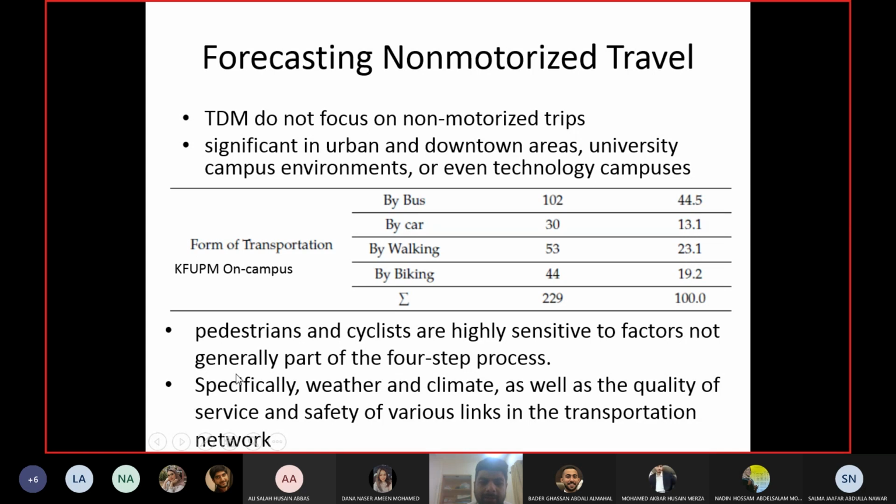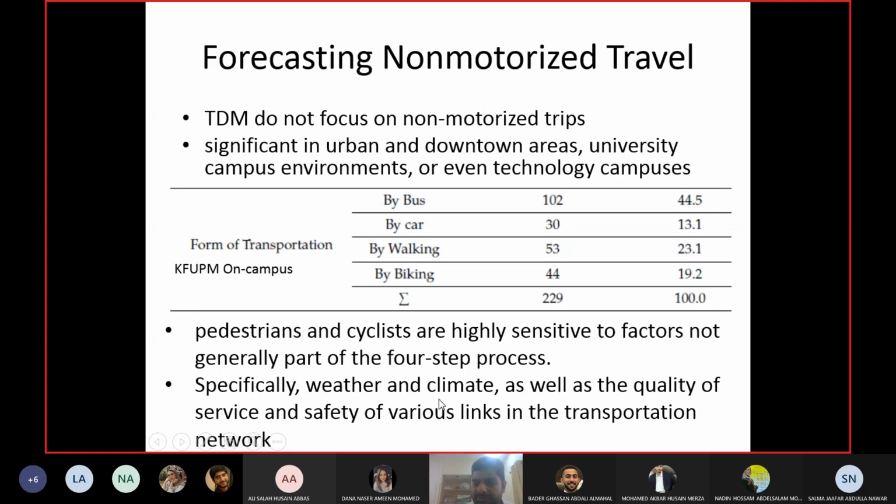And the main thing about these trips is that pedestrians and cyclists are sensitive to factors which are not considered in the TDM model, or which are not considered by people using motorized transport. For example, weather and climate. If I'm in a car, I will have less effect of weather and climate.